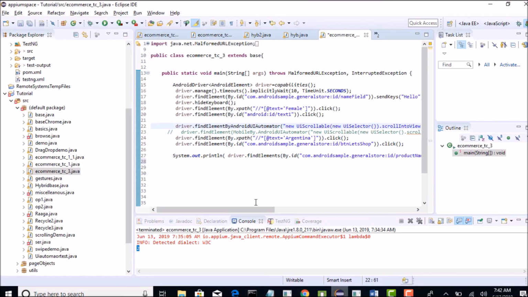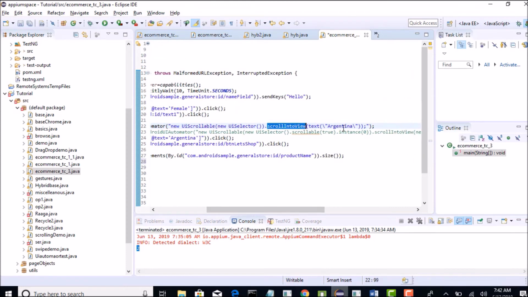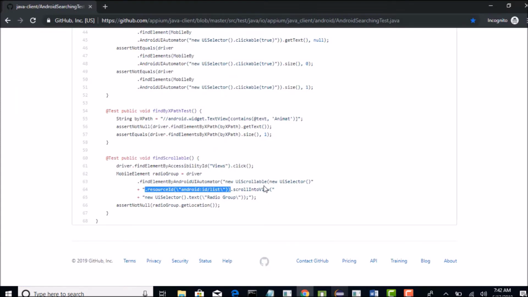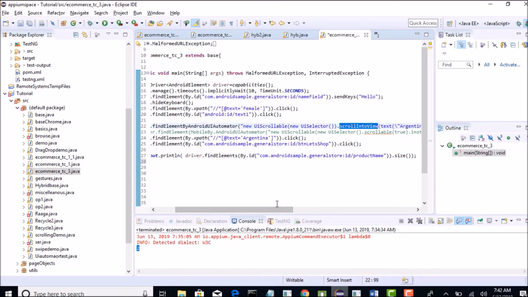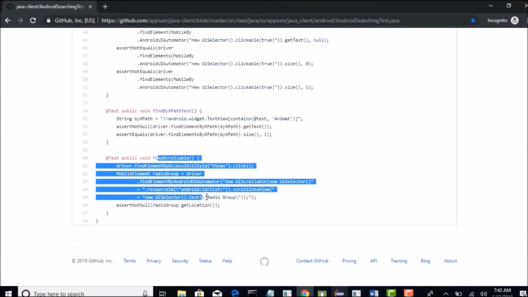Instead of directly asking us to scroll into view, they were first going into one ID. From there they start the scrolling mechanism, and after reading a few blocks I realized that the whole component will not get into view if you try it like this, and that's why the Appium guys have made some changes.